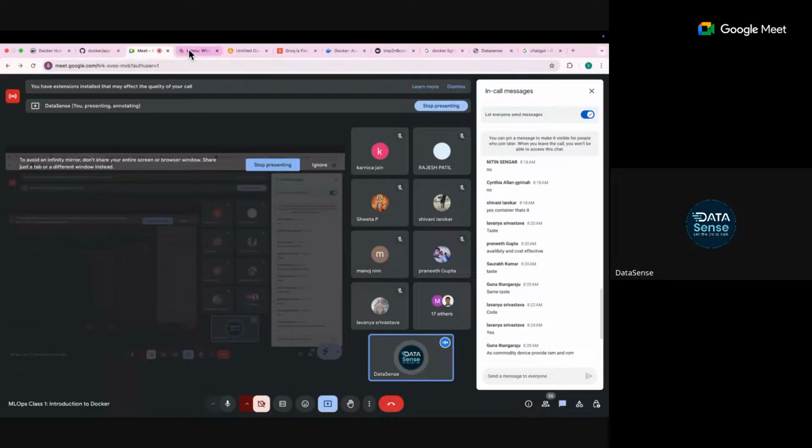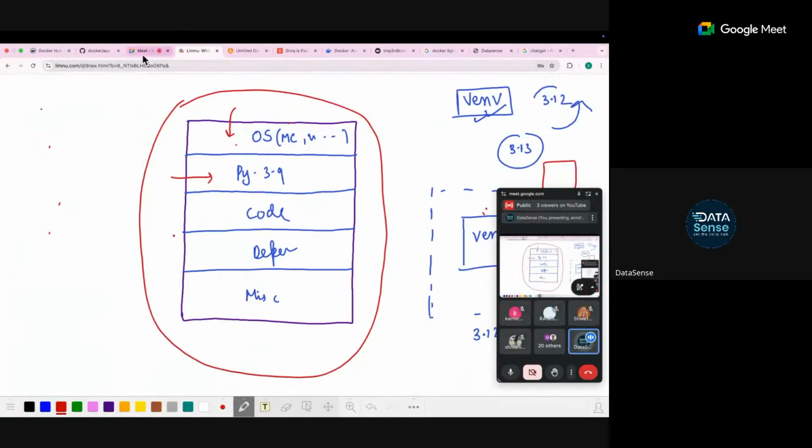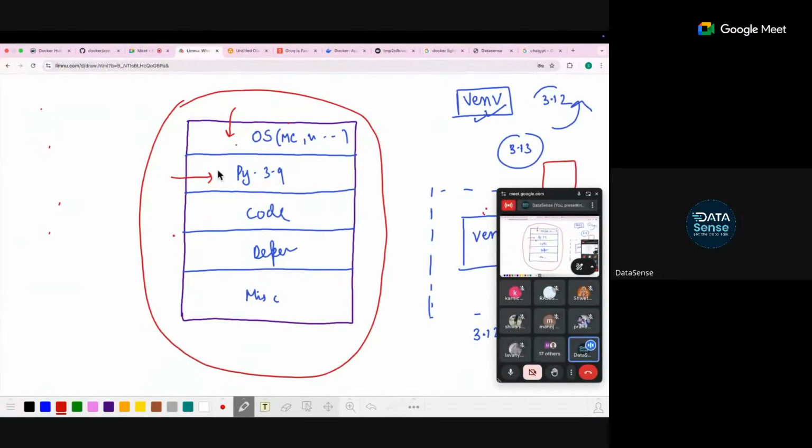Okay. So can someone tell me how Docker makes things work? There is a saying that Docker solves the problem of this works on my system but not on some other system. How does Docker solve this problem? Now can you tell me, based on whatever we have discussed?